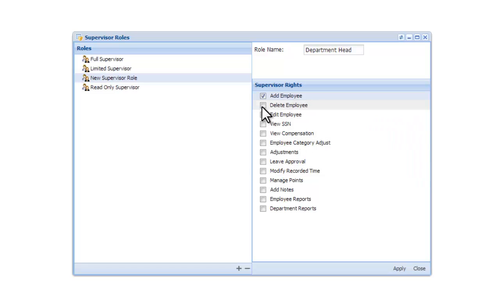Similarly, would you like this supervisor to be able to delete employees from this department? Deleting is the button at the bottom, again under the Employees tab. The third option down is whether or not you'd like this supervisor to edit employee information. Employee information is found beneath their employee options